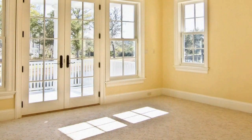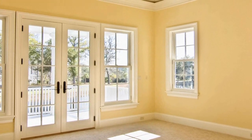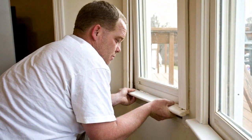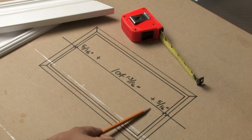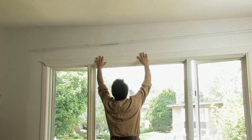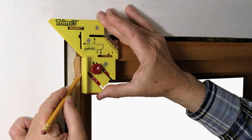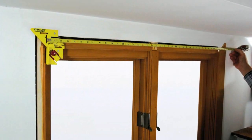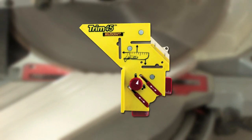However, undertaking a trim carpentry project can be challenging. Setting consistent reveals along the frame can be difficult to achieve and involves additional calculations. Once the appropriate lengths are determined, it can be difficult and awkward to make the necessary measurements, especially when working alone. To simplify the process of setting reveals and the measuring and marking of trim molding projects, Milescraft introduces the